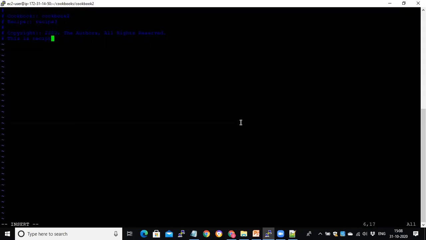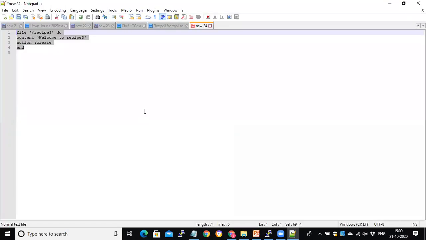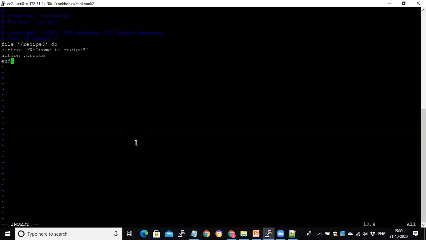This is recipe 3, and then I would paste the code here. Again, I want to copy, and then I want to paste here. So the file content is to create a file. So I want to create this file, and I want to save this information: escape, colon wq exclamation mark to